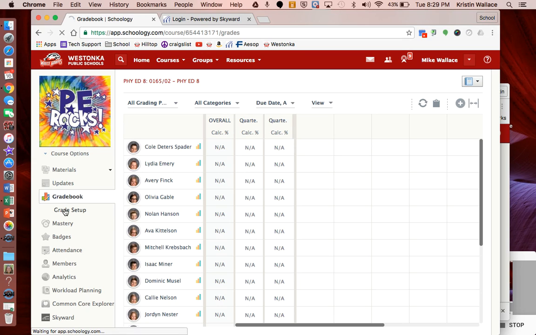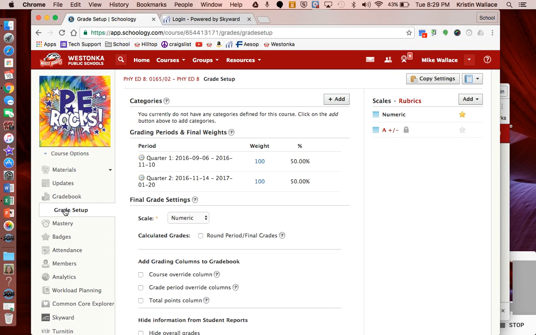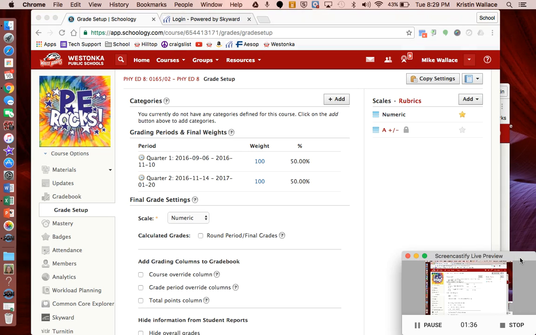So if I go to gradebook setup here, notice that I've already mapped my grading periods from Skyward. This is automatic. You don't have to put your grading periods in anymore. But there aren't any categories. And in order for an assignment to be pushed from Schoology to Skyward, the categories between the two gradebooks need to match. You'll also need to decide at this time if you're going to be grading on total points or percentages. So before we do anything in Schoology, we're going to go to our Skyward